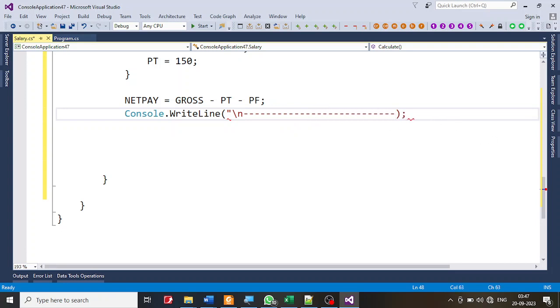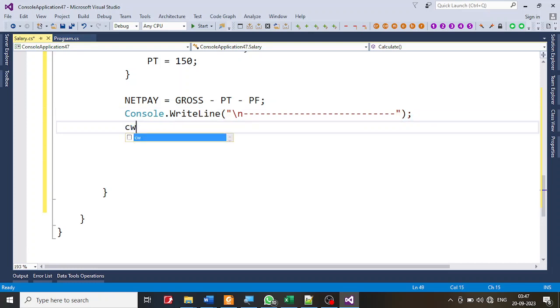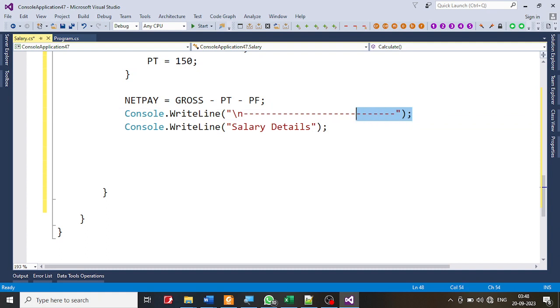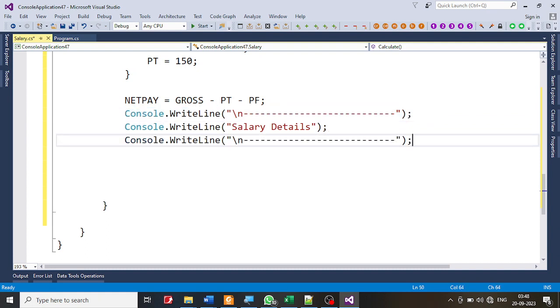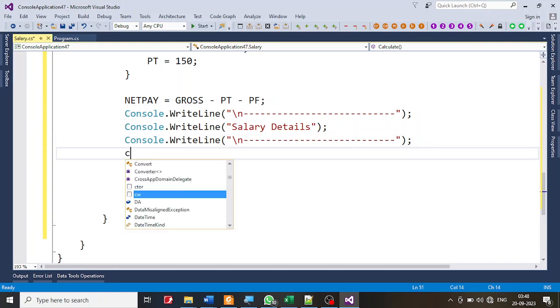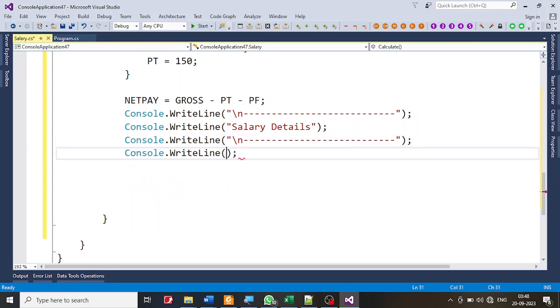And with that then double quotes. Then I'm going to say CW, double tab it, and I'm going to say salary details, because the class name was this one, salary details. Let's do that, and I'm going to copy this line again, and I'm going to just paste it. Okay, that's it. And after this I'm going to say CW, employee number, EMP number,